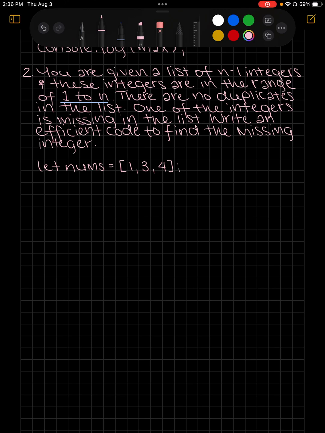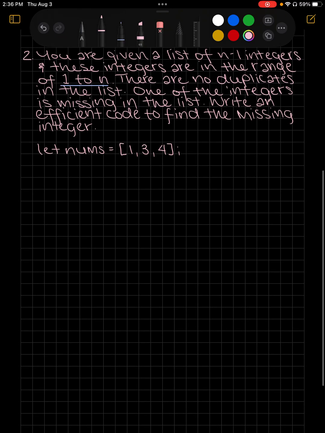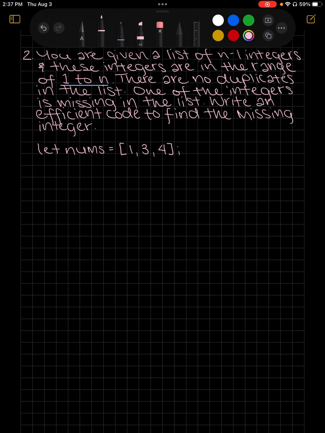So for this problem, we have our array nums with our 3 integers, 1 missing. We can already see that the 1 missing is 2, but we want to write some code that will find it. So we'll go ahead and declare a new variable called sum and define it as 0. And this is going to be trying to keep track of the sum of the array, including